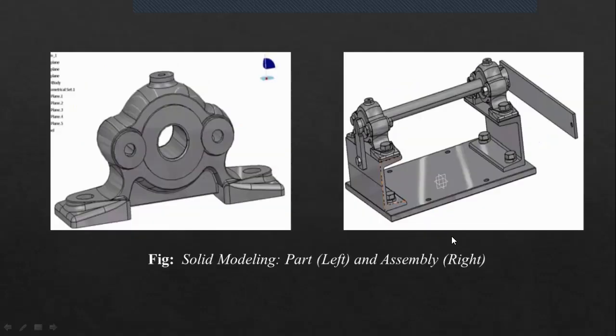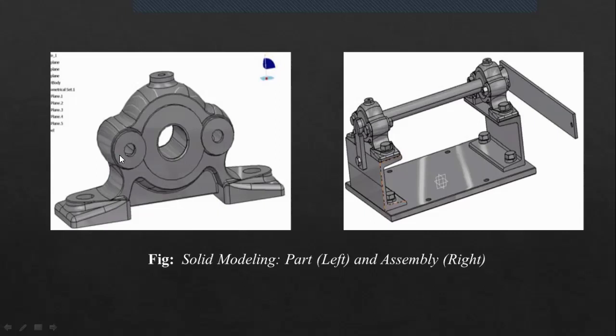Okay, and the third one is solid modeling. This is the most advanced method of modeling, as we had seen in that slide, because this gives information about not only the lines and surfaces but also the solid, which is inside. So you can cut the model here or anywhere to check the cross sectional data. If I cut it here, I can see that there is material here, and then this will be blank. So we can know the sectional data with these solid models.